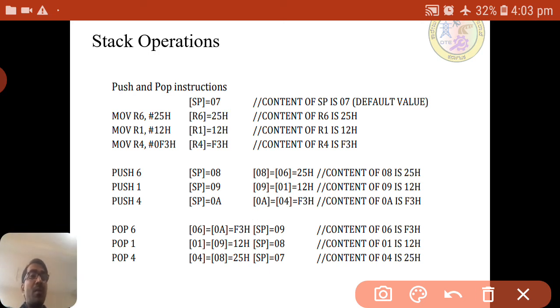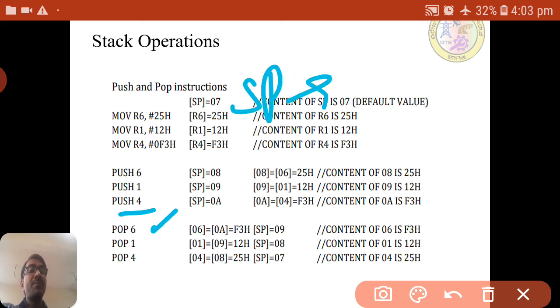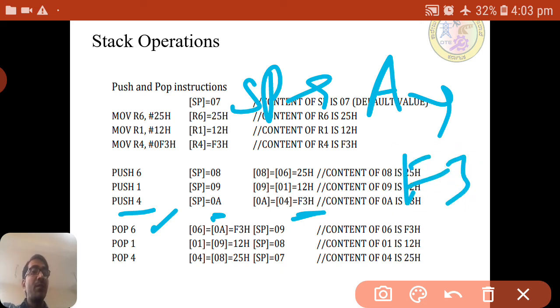Similarly, after this I am directly using pop 6. Pop 6 means, where is SP pointing now? SP is pointing to the A address. The content of A is the F3 value.